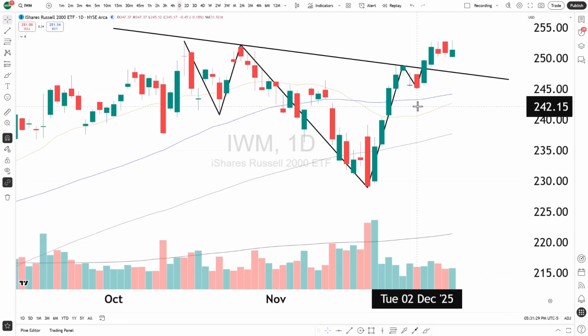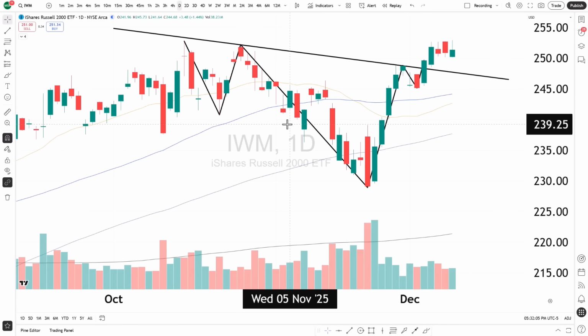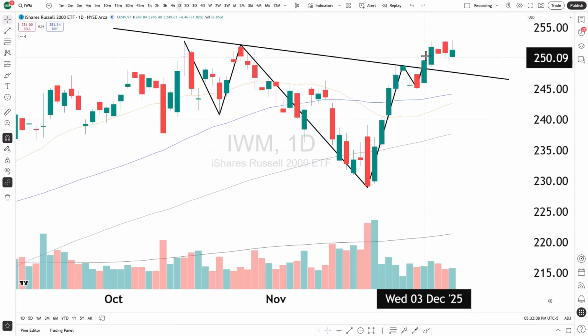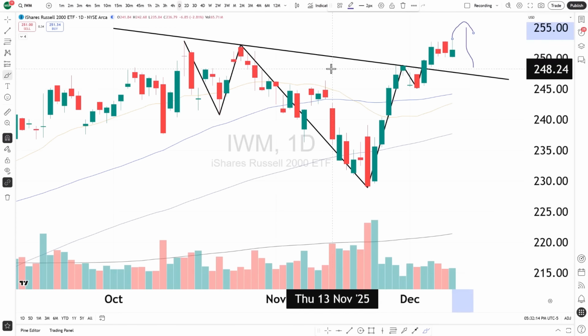Normally, I would like to see it symmetrical towards the left one. So if we got down maybe to the 50 or the 20 period moving average, that would certainly help out the case. But again, we're not going to get absolute perfection within the market. This is just formulating ideas and putting the puzzle pieces together. But I do see somewhat of an inverse head and shoulders pattern. And we are closing candles above the neckline right now, which should produce another move higher, potentially taking out the previous all-time high.